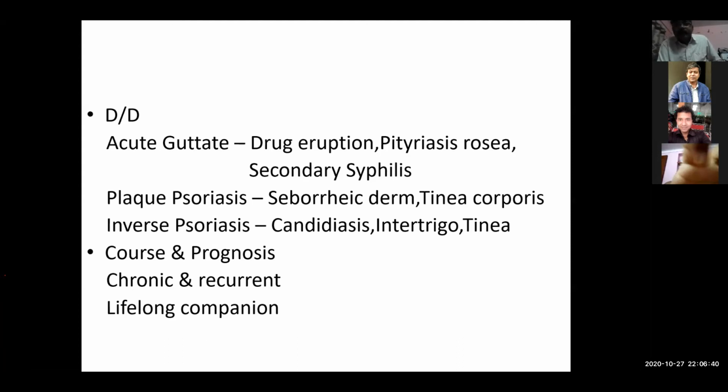If it involves less than 10% of body surface area, then you apply topical ointments to the psoriatic plaques. That would include topical corticosteroids, mid potency in groin folds, etc. Lower potency topical corticosteroids in BD dosage, or in some cases mid-potent steroids in OD dosage, till they are controlled, or the lesions gradually improve, the erythema fades, the pruritus, if at all present, decreases, and the scaling also